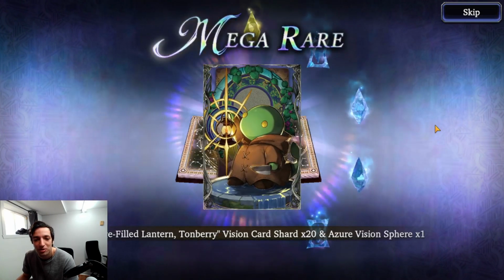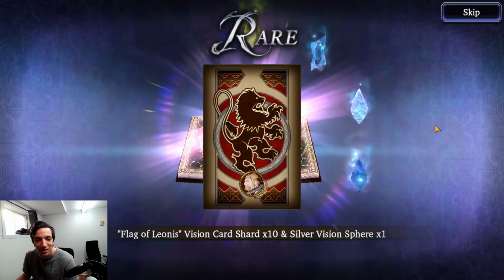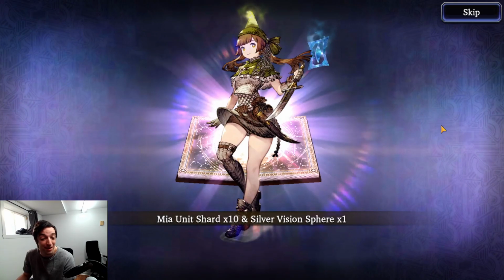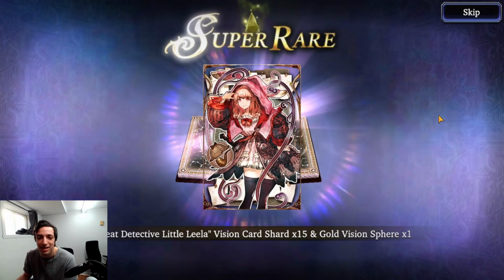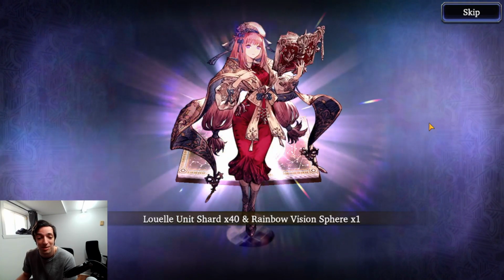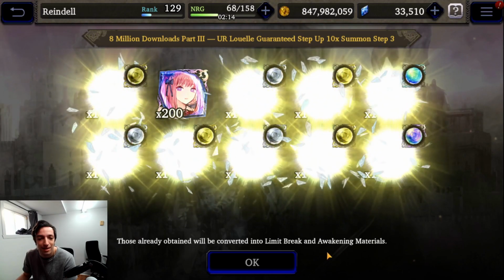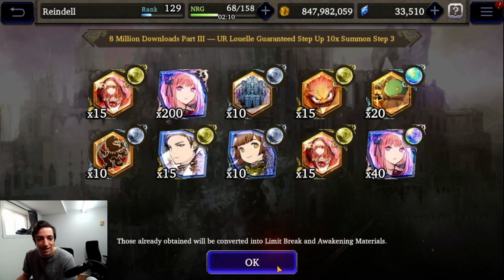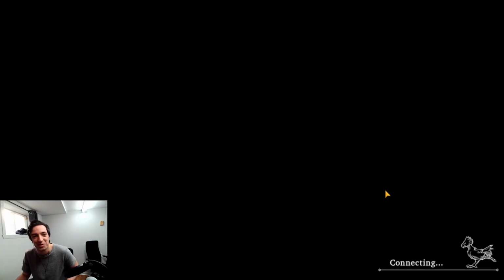No, not more than one UR, so we know that's Louelle. Yeah, that's why guaranteed pulls are a little bit less exciting, even though they're much better, just because you don't have the anticipation of whether you're going to pull the unit or not. So there we go, second copy of her, and we are good to go. So I'm going to stop that here. I don't think you guys want to look at my units as we go,